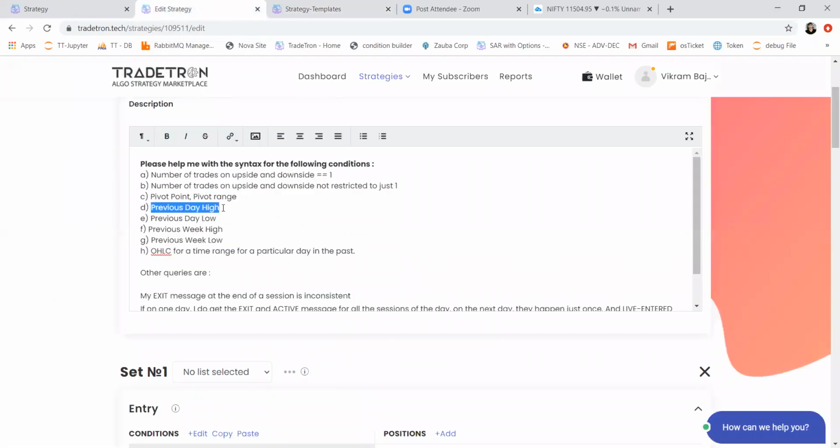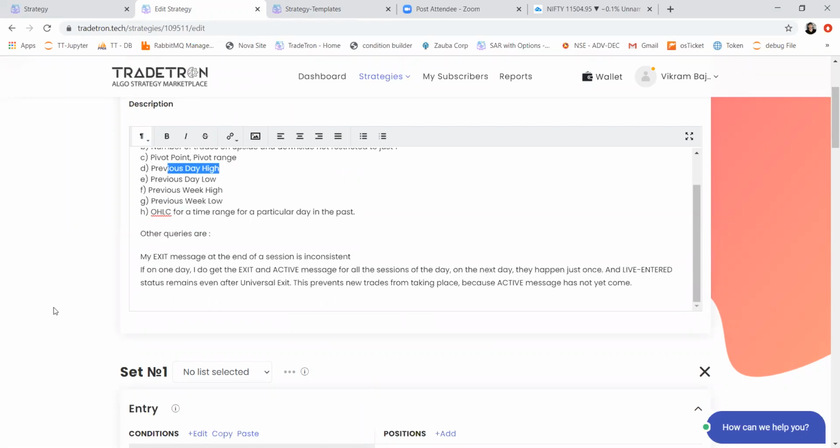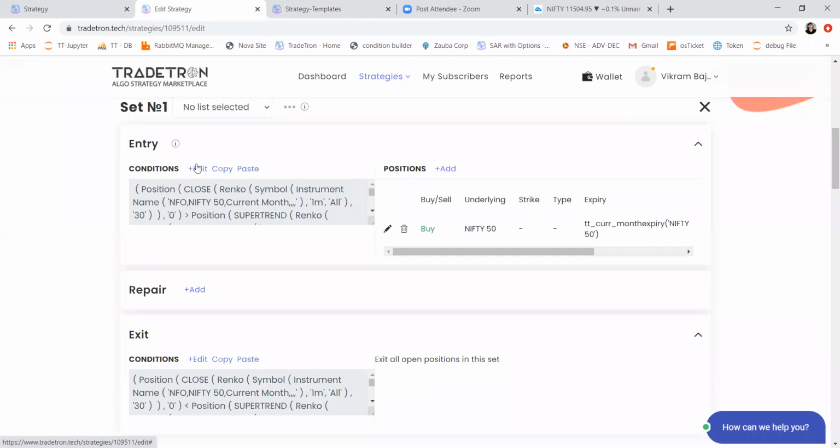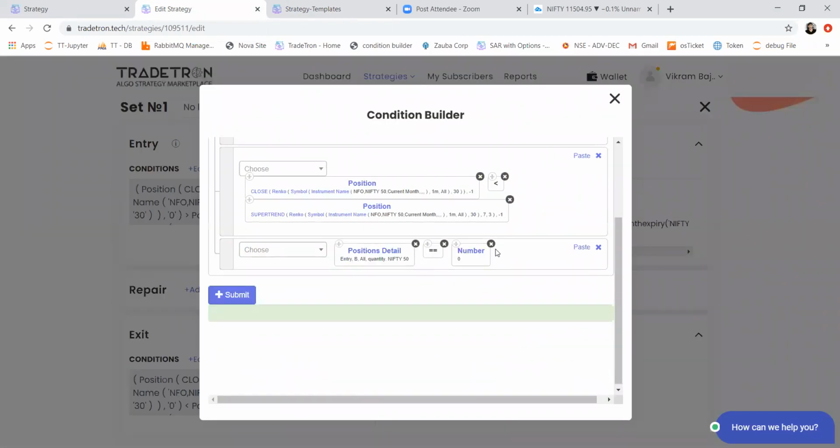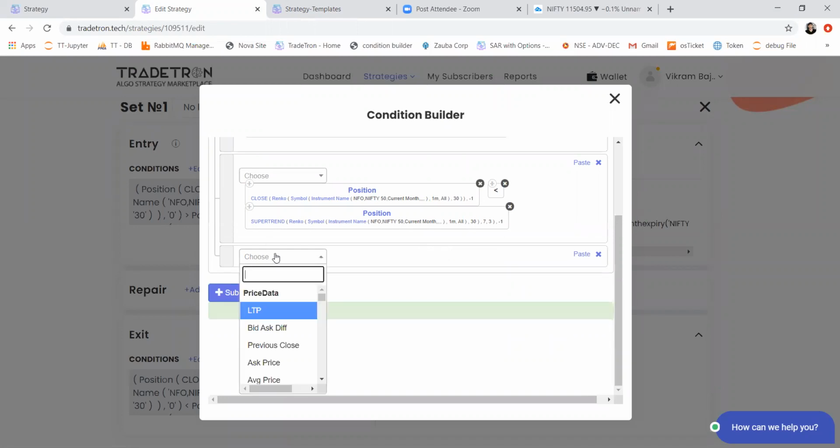Then, how to select previous day high, previous day low, previous week high, previous week low. I'll just show you one and you will get the idea how you can use it for daily, weekly, monthly candles. So I'll delete these keywords from here now. We'll start with position.